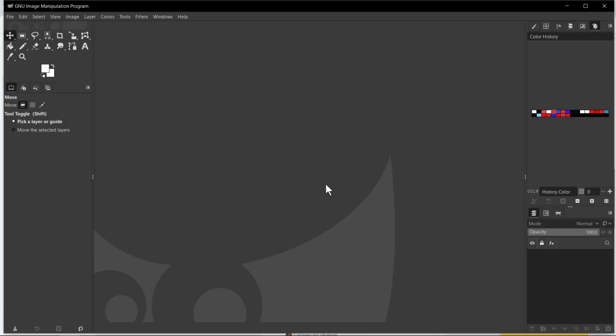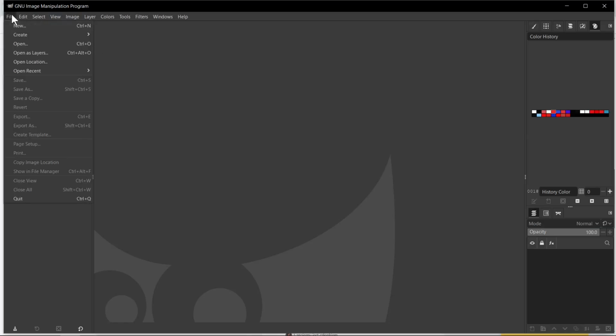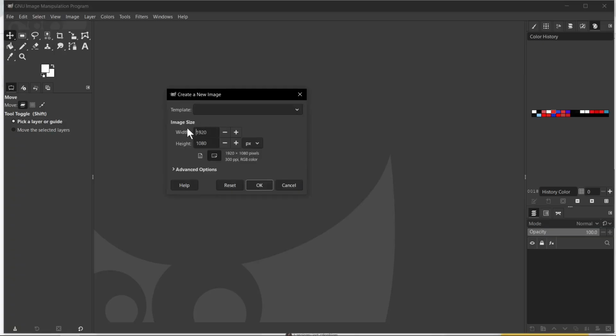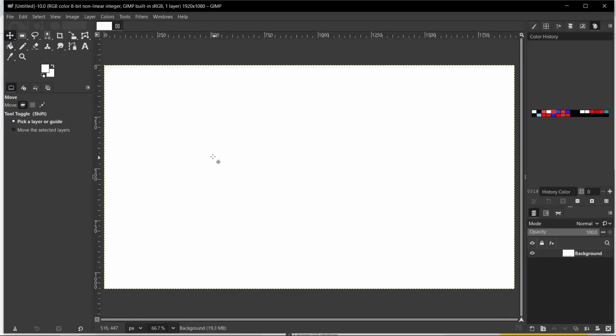In this tutorial I would like to show you how to create a new path in GIMP. So first we need to go to File in the upper left corner, and after that we need to go to New. Now we need to type the image size, so I type here the width and height, and after that I click the OK button. Now we need to open the Paths tool, so I click here